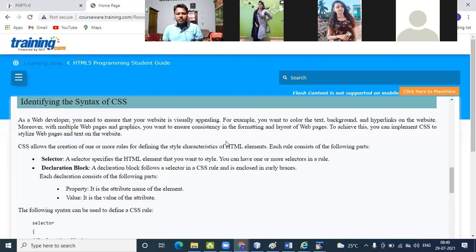It helps the page to load faster, so the response time of the web page is very fast when you are using CSS.